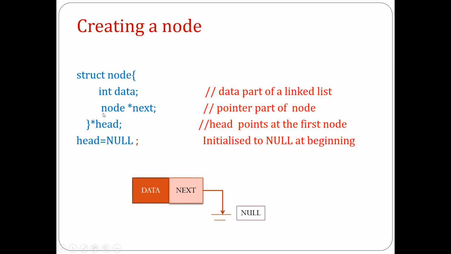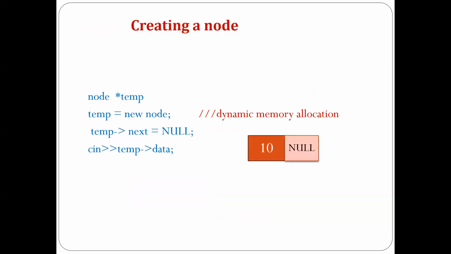And for this address field, if you have seen the declaration, I have declared node pointer next. This next address field should be of the type of the structure, because it is going to contain the address of the next node present in the linked list. So the type should be what here? The structure name and the pointer sign. So this is the structure related with the node. And here I have initialized head is equal to null, which will indicate that initially the linked list is empty. So this is the node structure for a single linked list.